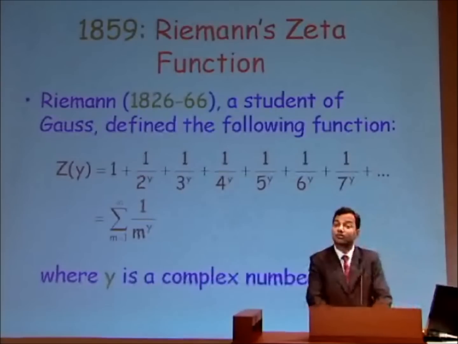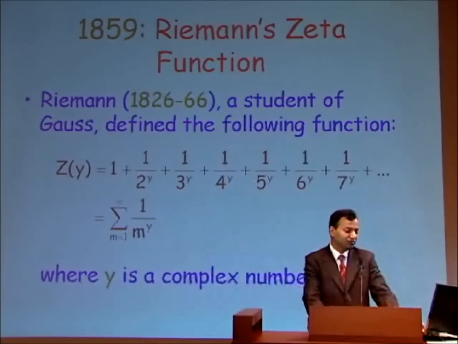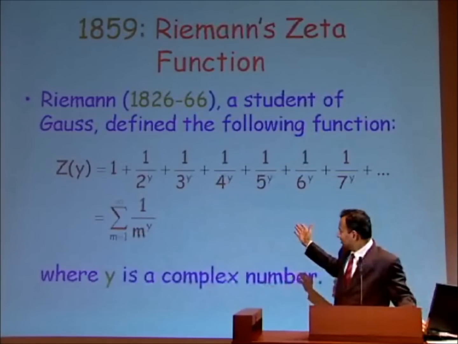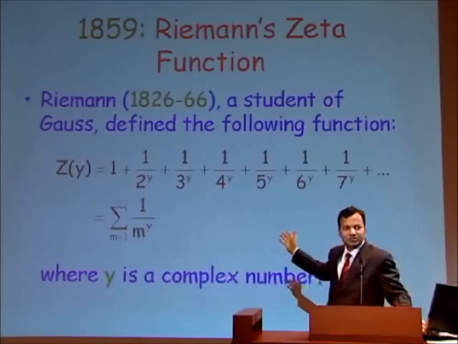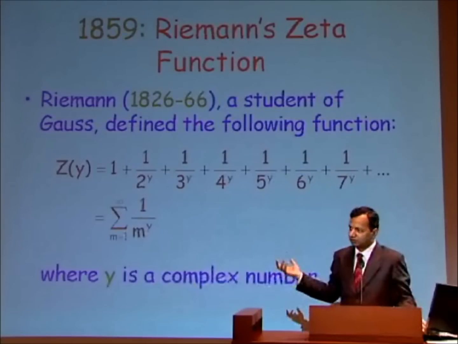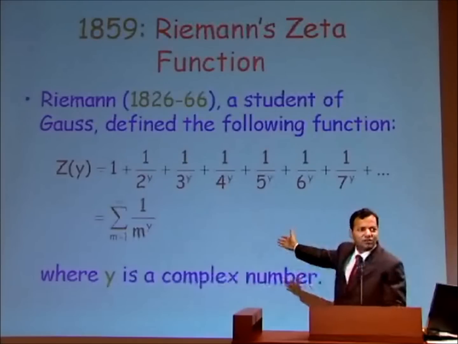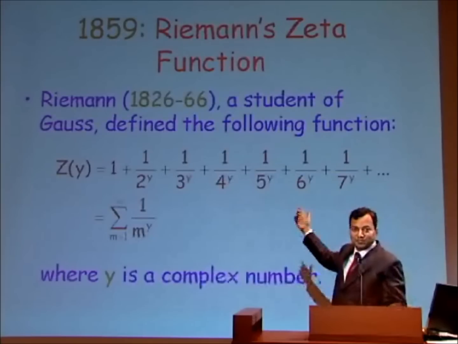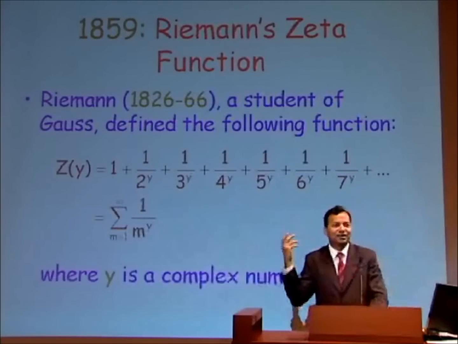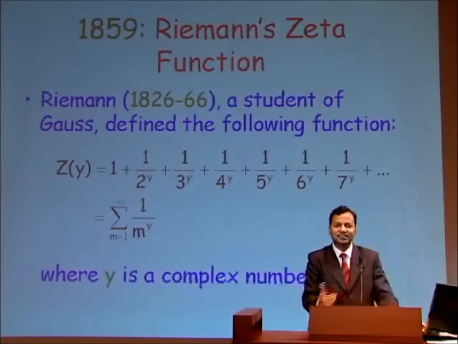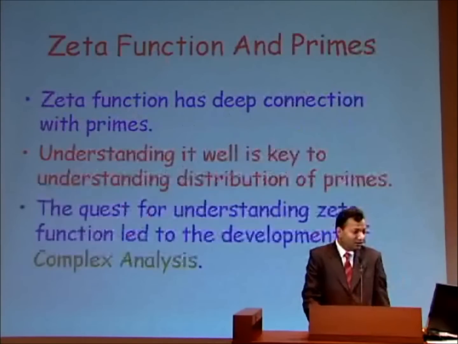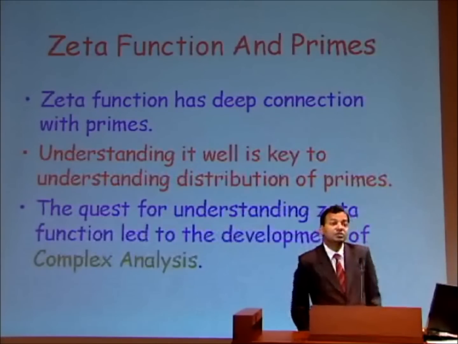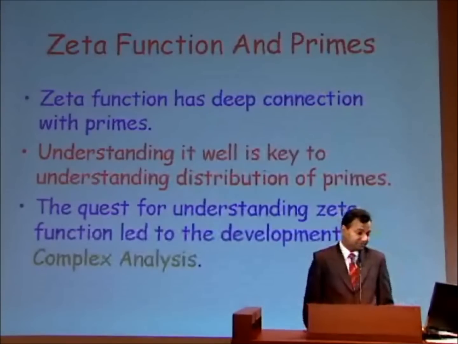For some reason, this turned out to be extremely deeply connected to prime numbers. It's not at all clear why such a sequence should have anything to say about prime numbers. It has all the prime numbers, but it has many other numbers as well, all the composite numbers as well. And y is a complex number, which is neither prime nor composite. So why should it have anything to do with primes? Well, for some reason it does. And it is very deeply connected to many properties of prime numbers.